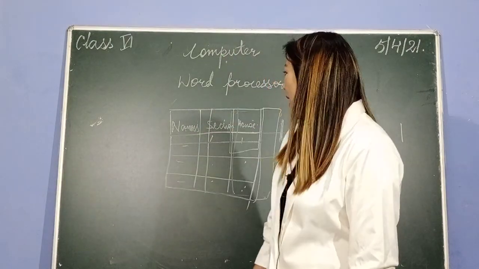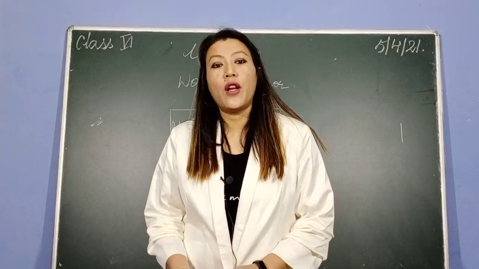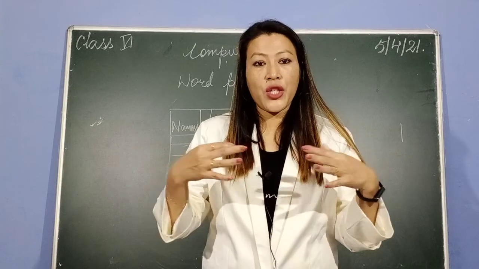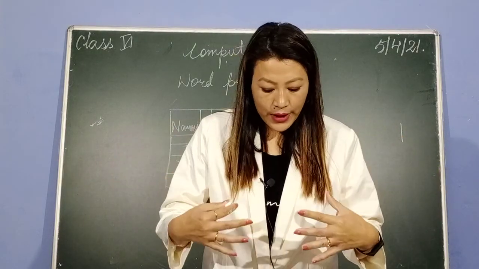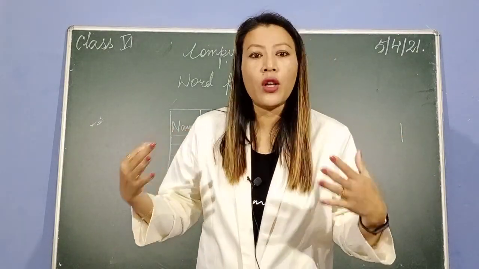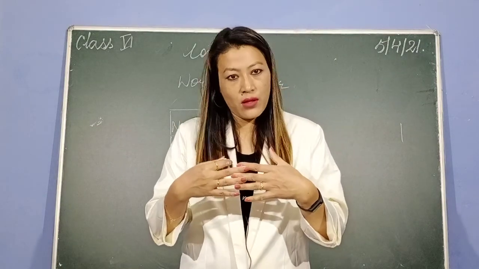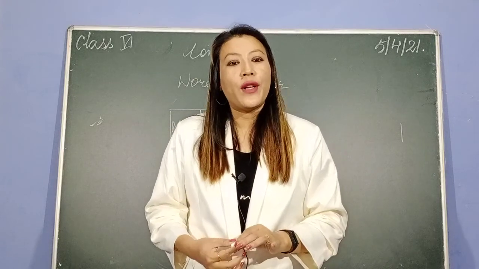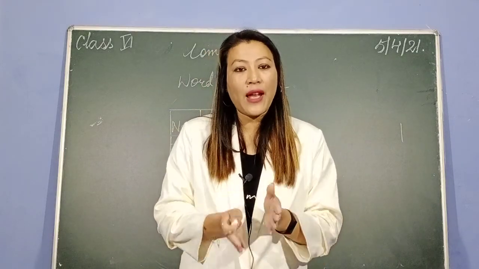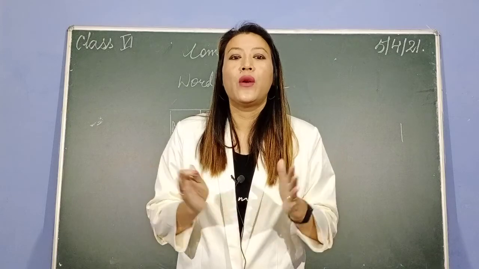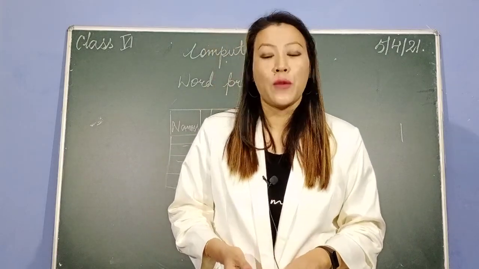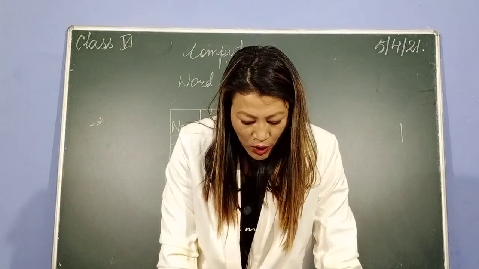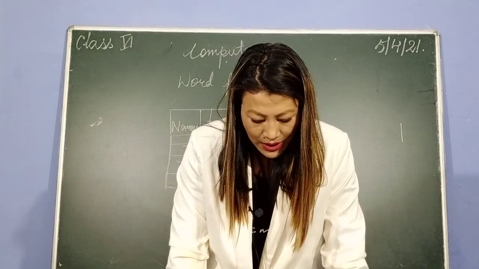Now after you finish that, there is one option which is called merge and split. Merge means if you want to merge four different columns into one particular column or one particular row, you call it merging. And splitting means again dividing it into different rows and columns, which is known as splitting. Once the table is created in a Word file, it is possible to split and merge the cells in the table as per the requirement.